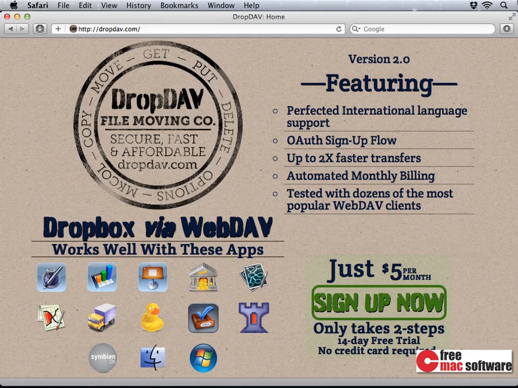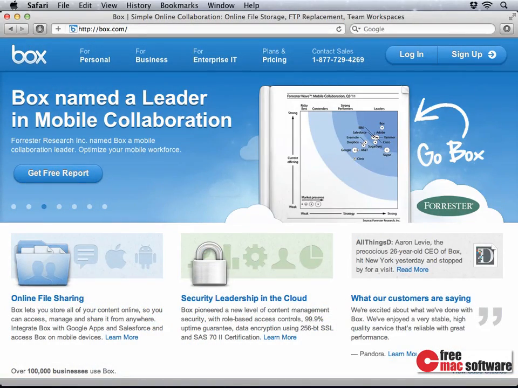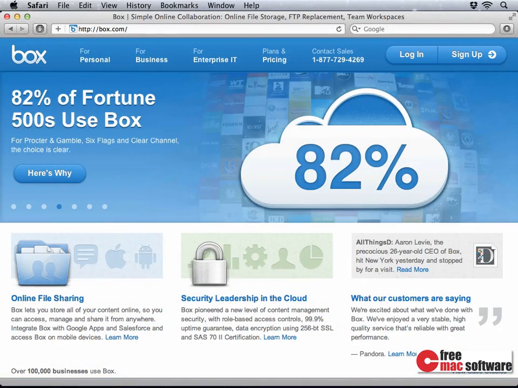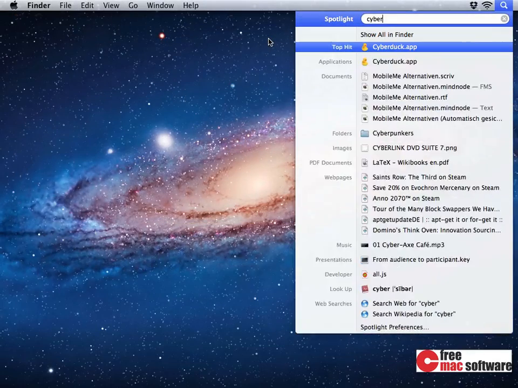You can use Cyberduck, for instance, to upload and download files from and to Dropbox without actually having your entire Dropbox folder downloaded first. There's also Box.net, which has built-in WebDAV support. You can easily set up a free account there and take files with you on the go. Here's how. Launch Cyberduck